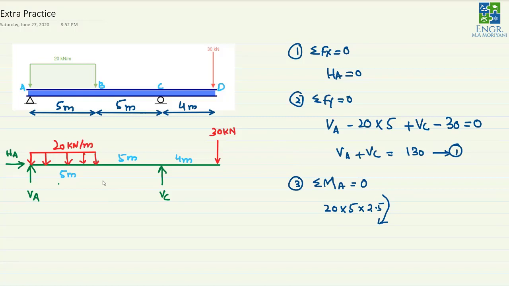by the moment arm, and the moment arm in this case will be 5 plus 5 is equals to 10. So this will be Vc multiplied by 10, and this will be anti-clockwise moment. Other than that, we have this 30 kilonewton force, and this will generate the clockwise moment, which is equal to plus 30 into 14, and this will be also clockwise moment, and this all is equals to 0.